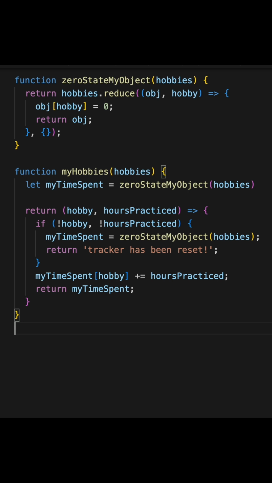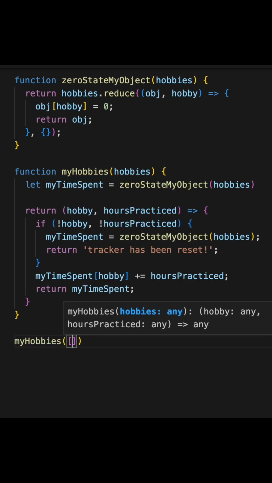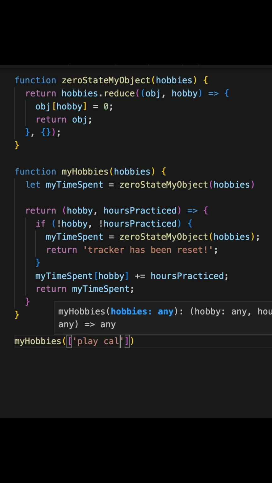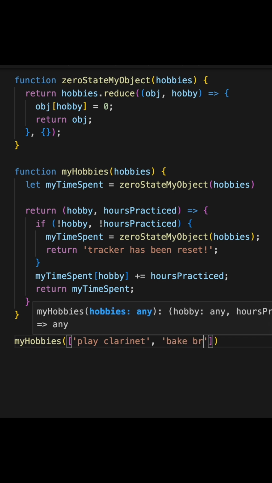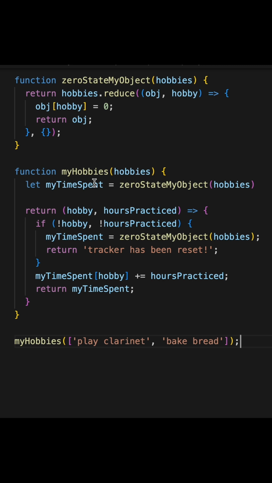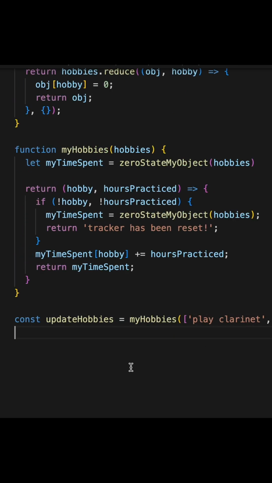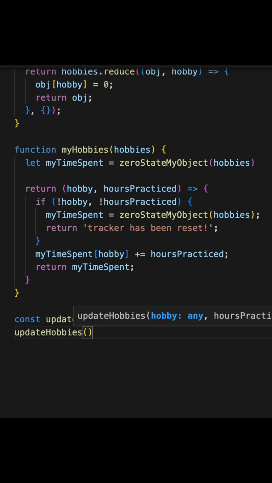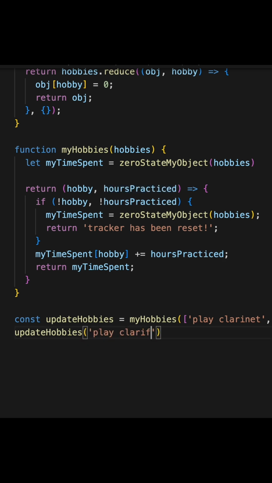Okay, so now when I call myHobbies, passing in a list of hobbies, let's say play clarinet, bake bread. Okay, these are my 2 hobbies that are going to initialize my time spent object. Now what is going to be captured in the value returned by the invocation of myHobbies is going to be this inner function, which gets returned out. So I'm going to save that as a new variable. So I'm going to say updateHobbies is the result of invoking myHobbies. And now when I call updateHobbies, passing in a hobby and hours practiced, let's say the hobby that I'm going to pass in is play clarinet, and I'm going to add 5 hours,